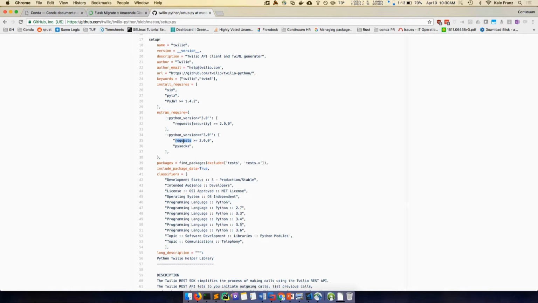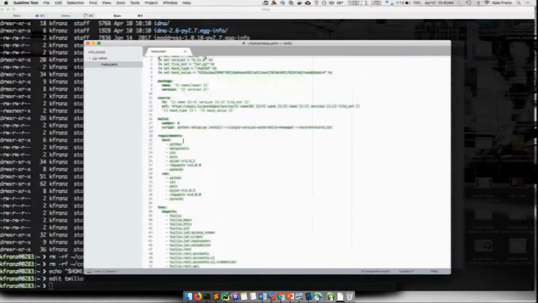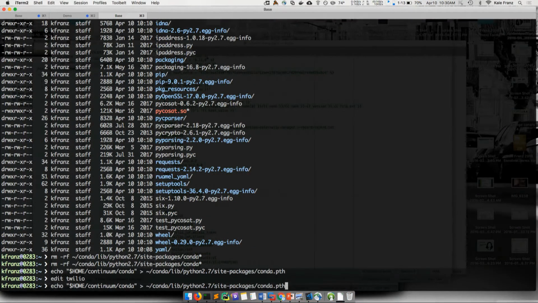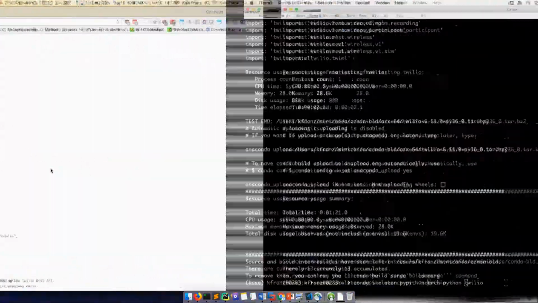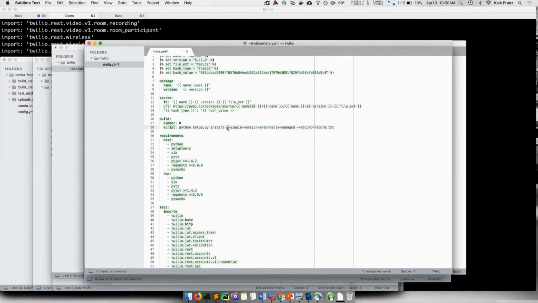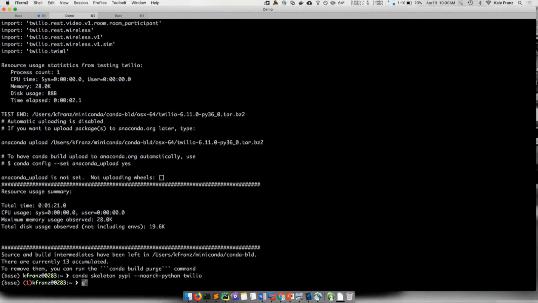So what I just did, I think, was I didn't do no-arch. For pure Python packages, usually if you add the no-arch Python flag, it'll get you a long way. And I meant to do this. So adding that flag gets you this. Then when you build it, you build a no-arch package instead of a Python-specific package, like a 3.6 or 3.5 or 2.7. You can use it anywhere for pure Python. Remember, conda skeleton is for pure Python only. Let's see. Now let's do conda build.